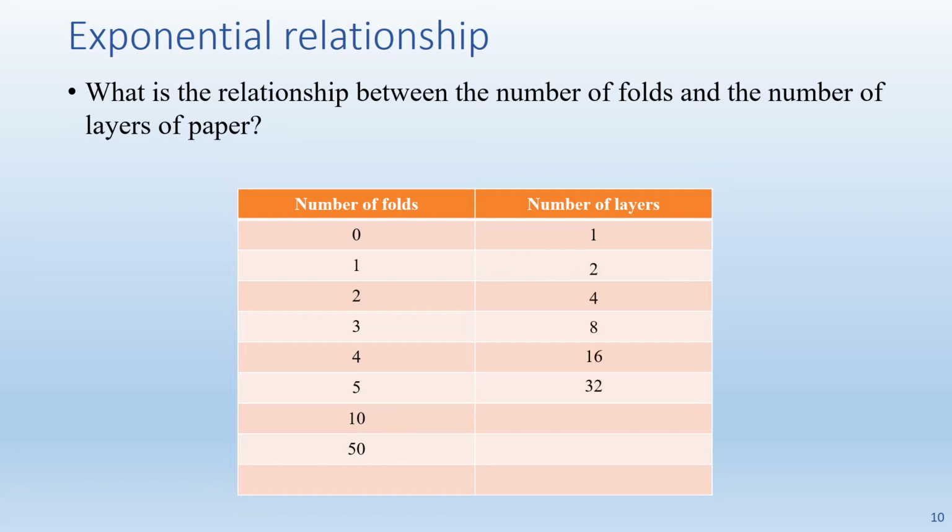Did you get these answers? You can see that what we're doing by folding is doubling the previous numbers of layers that we had. These numbers are obtained by doubling the previous number. And so what we would like to be able to do is to work out what this number will be, and what it'll be for 50, without having to work out what the previous ones were. So if we work out how many times we're doubling, then we should be able to write this using index